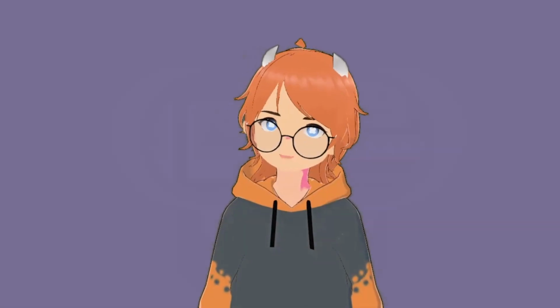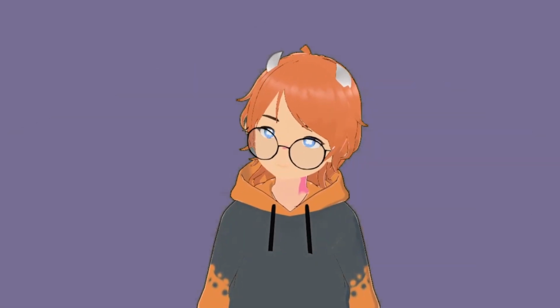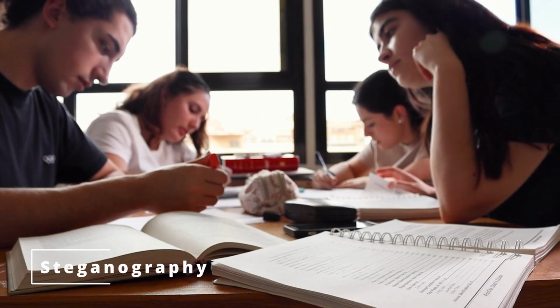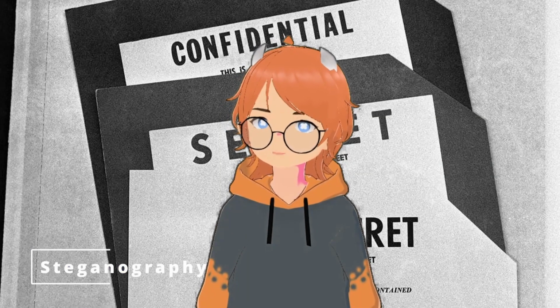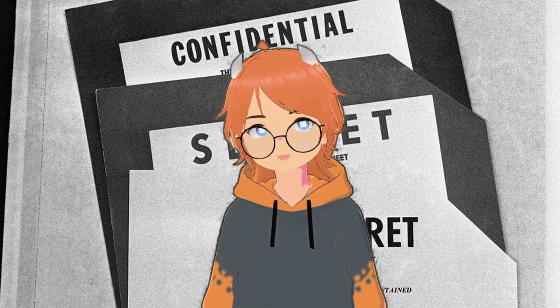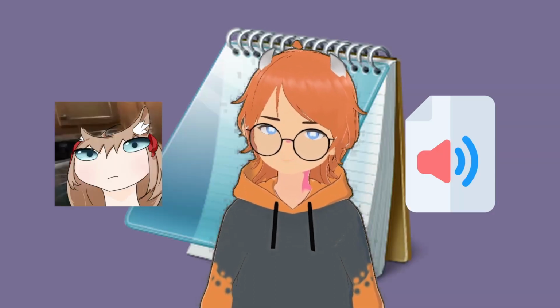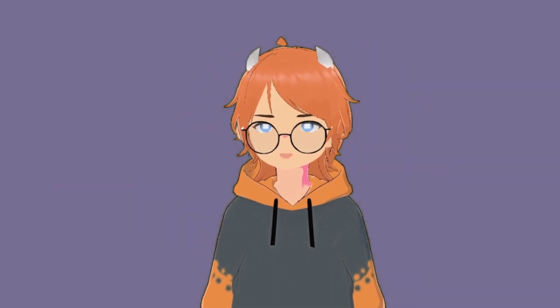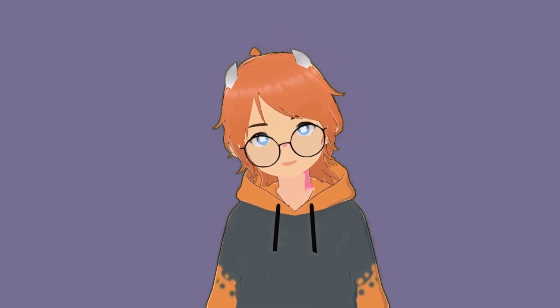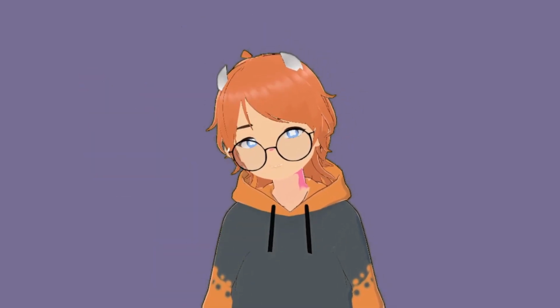Wanna hide something from internet prying eyes? Introducing steganography. Steganography is the practice of concealing secret information embedded in other data, such as an image, audio file, or even text. Within this method, the secret message remains undetectable to the naked eye, requiring specialized software or techniques to